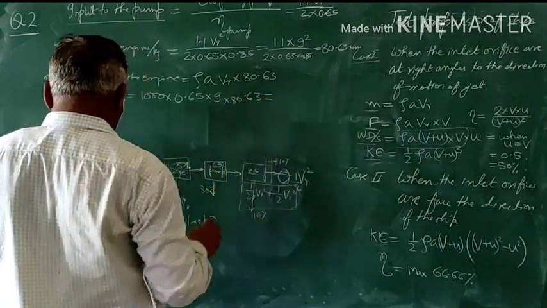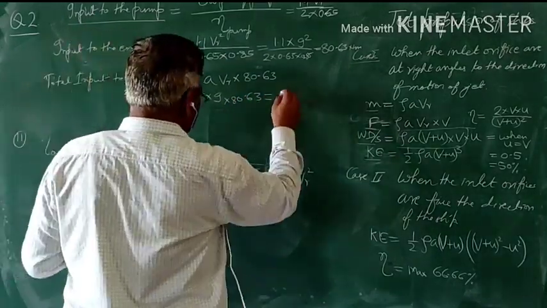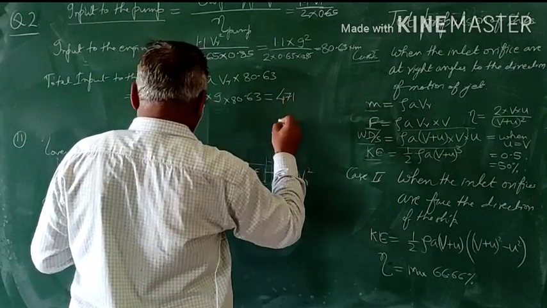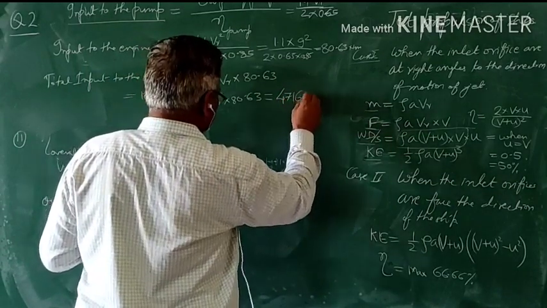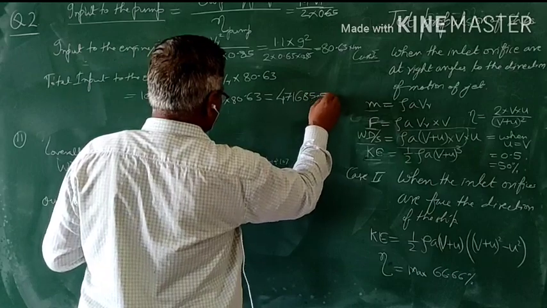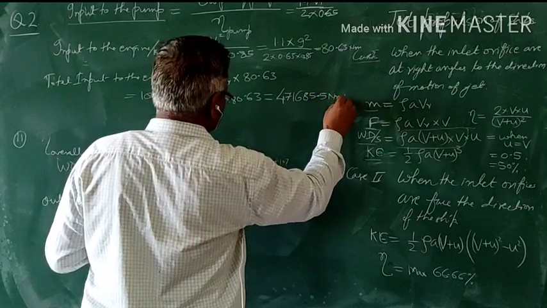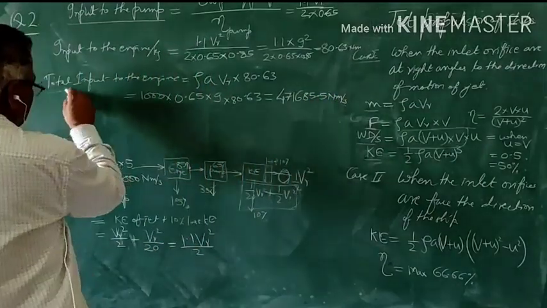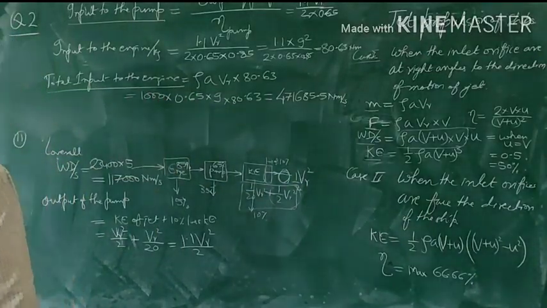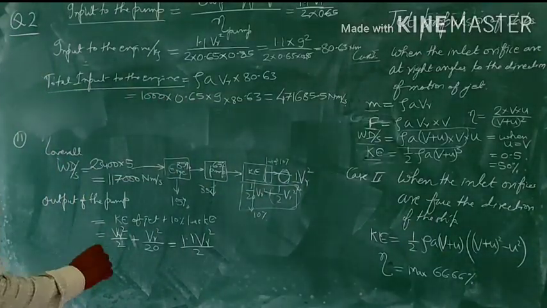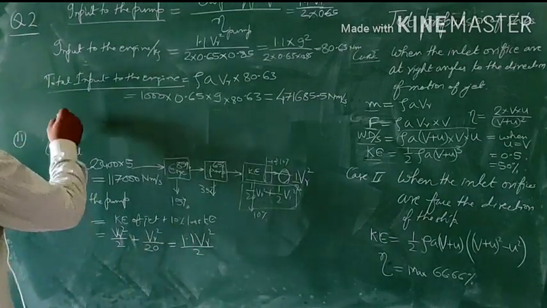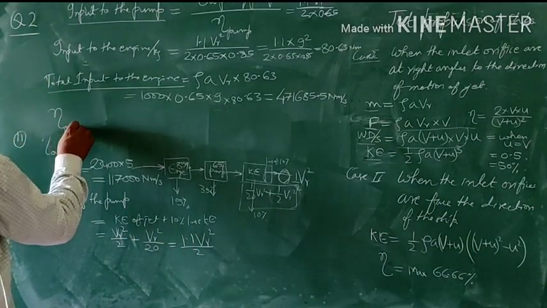So it comes out to be 471,685.5 Newton meter per second. So this is the input to the engine, and we know the output we had calculated earlier. So the overall efficiency